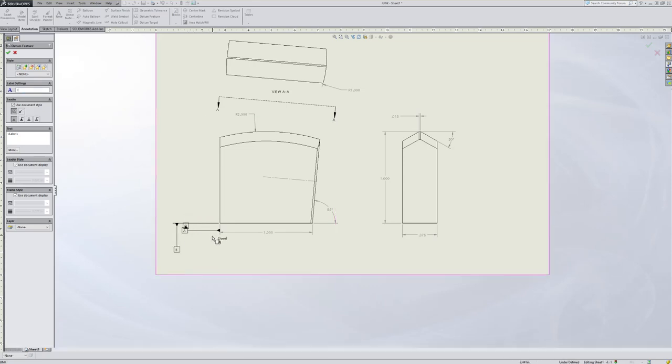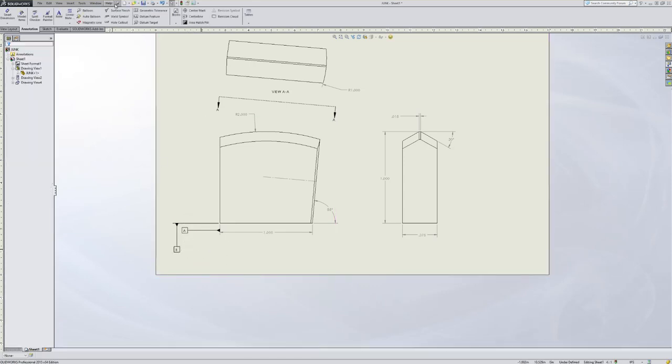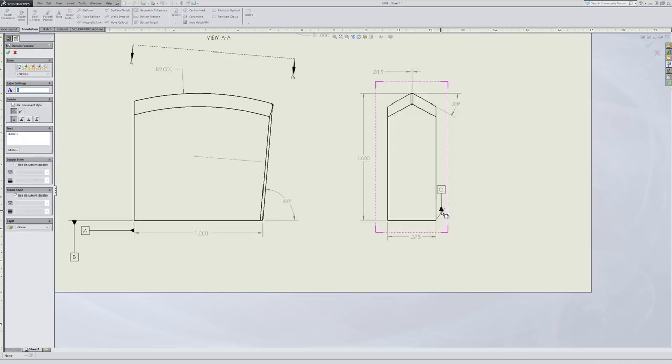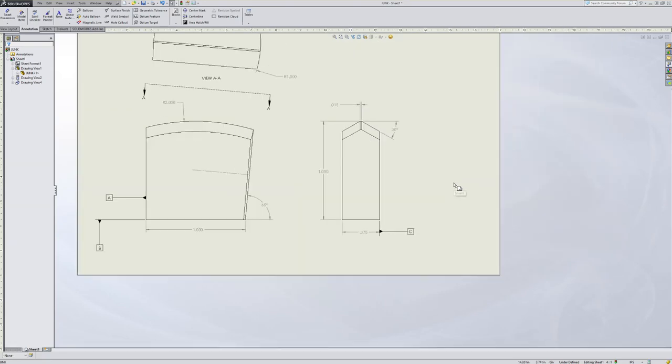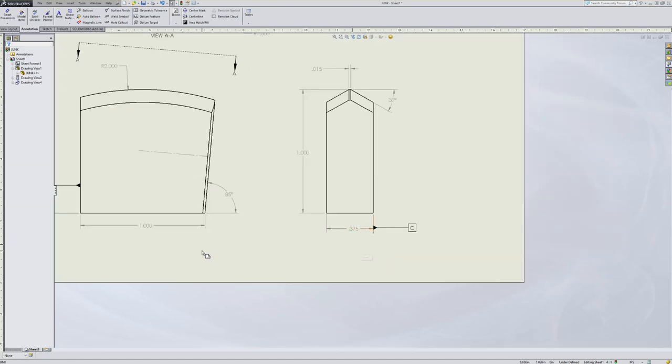You can drag these around. Oh, I didn't want the C to be there. So C is where we want on this side here, and we place it down along these areas. So now, once you get them placed, you can drag them around wherever you need to just to clean things up. The other thing is you're going to need to create your tolerances in here,